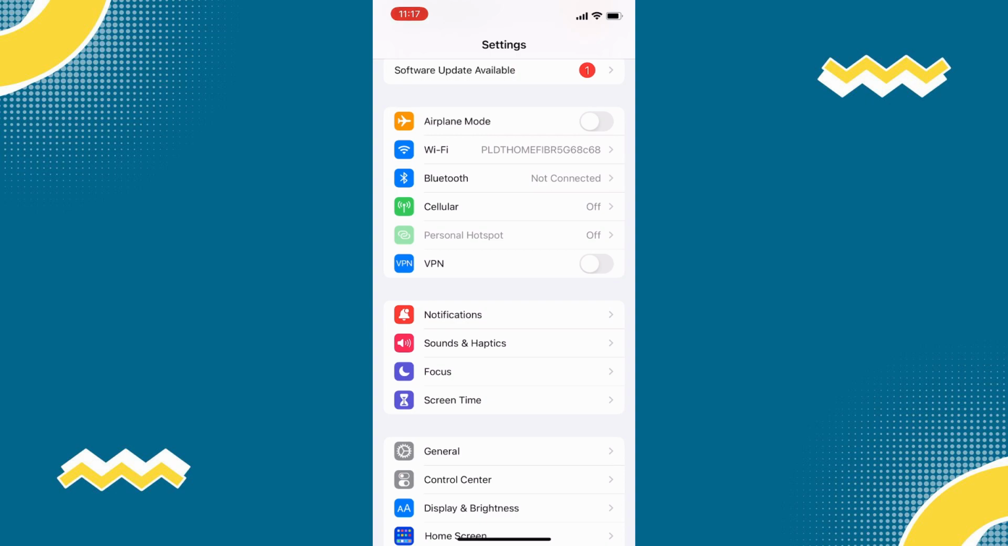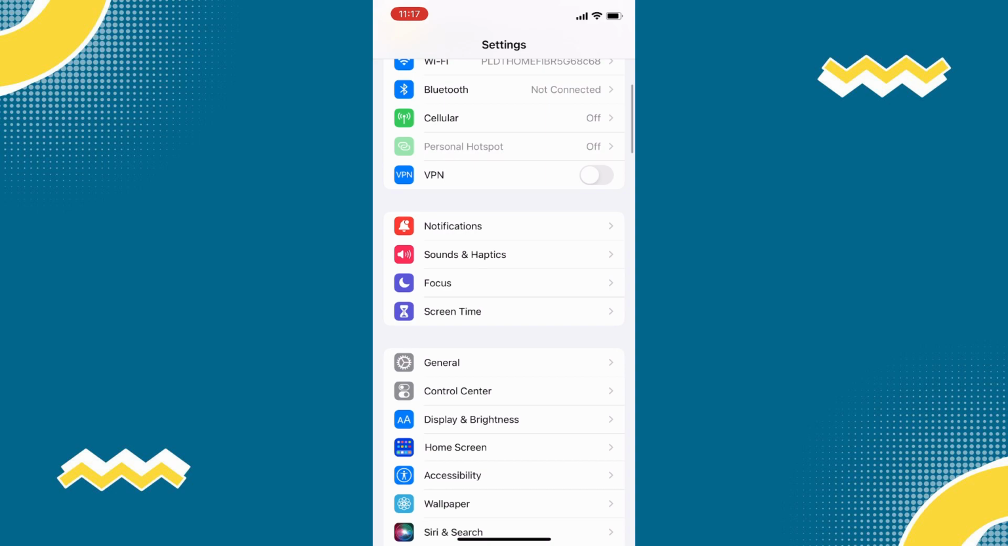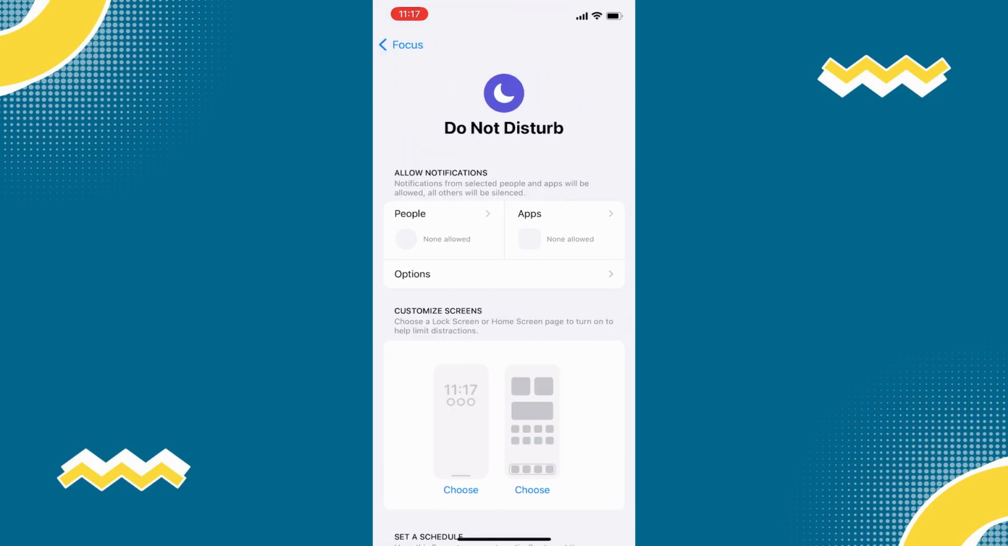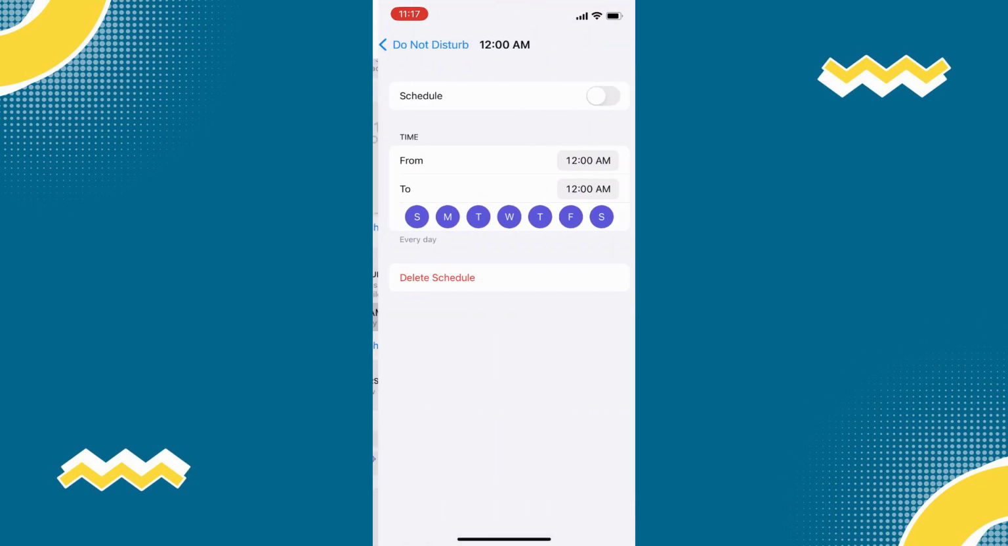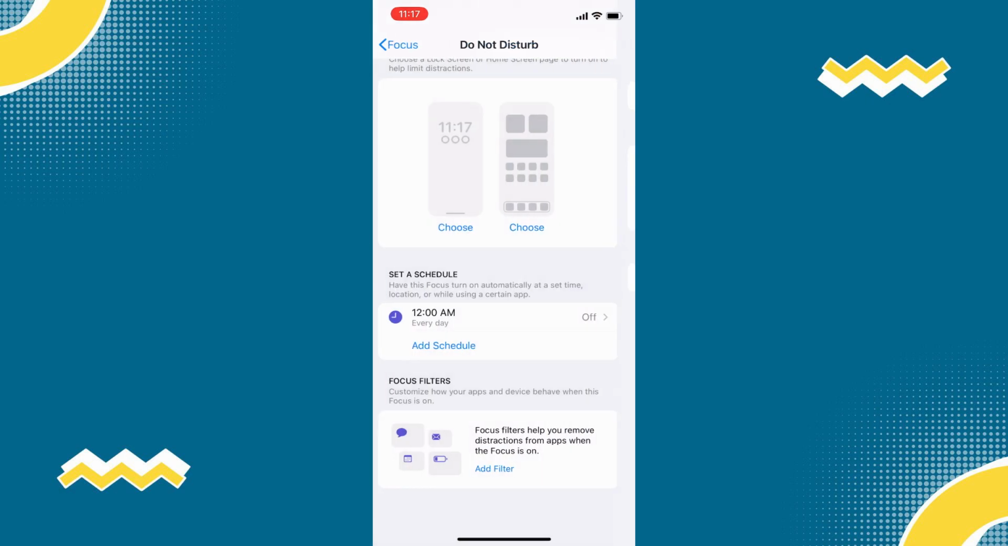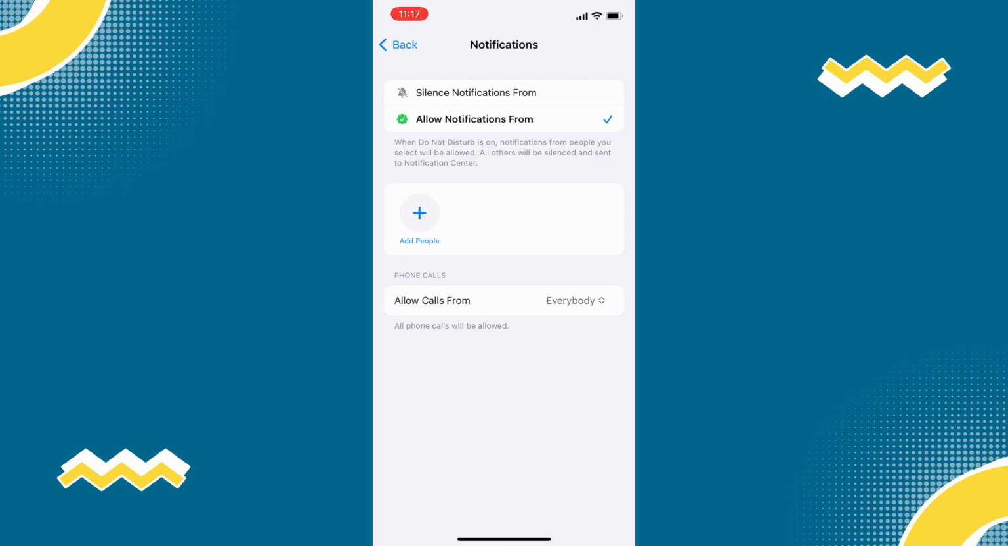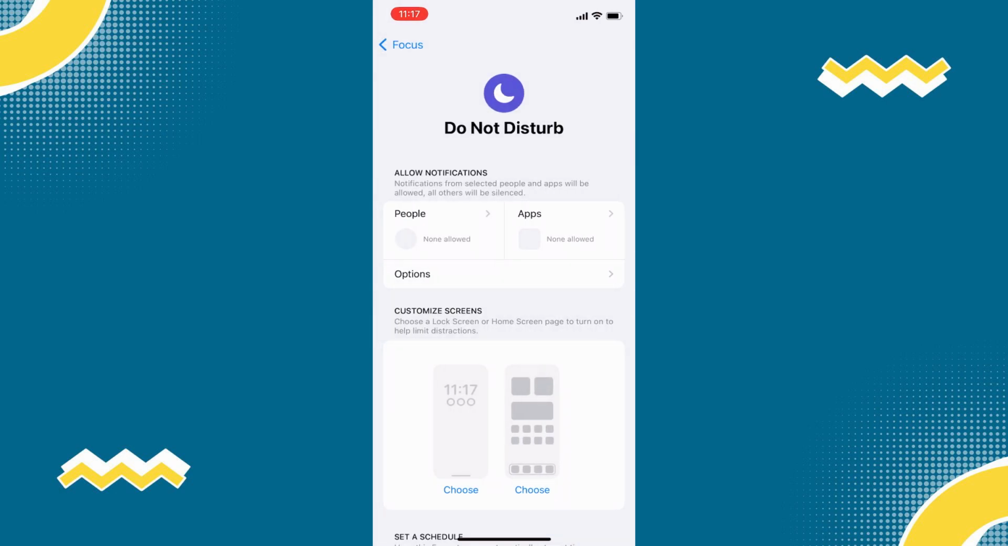So open the Settings app on your iPhone, then scroll down to Focus. Tap on it, and here you can customize various options related to Do Not Disturb. You can schedule it to activate automatically during certain times, allow calls from specific contacts, and enable or disable various other features. So you can also toggle the manual switch at the top to enable or disable Do Not Disturb